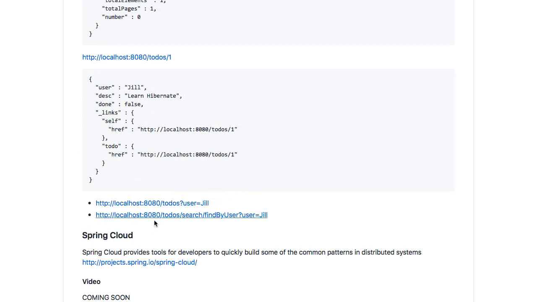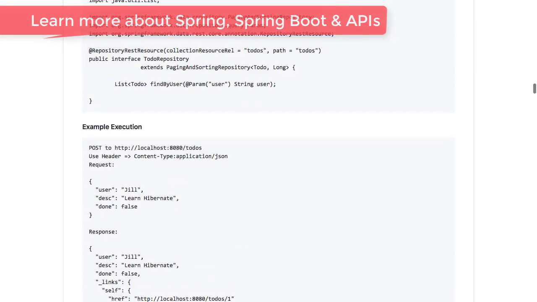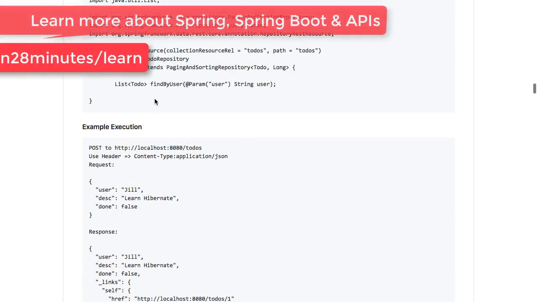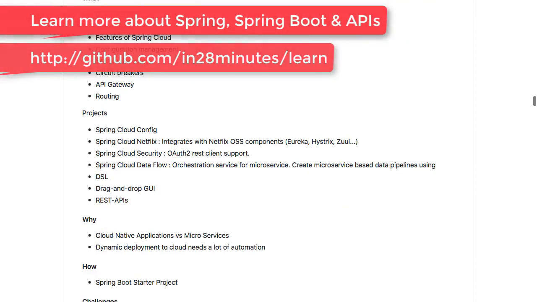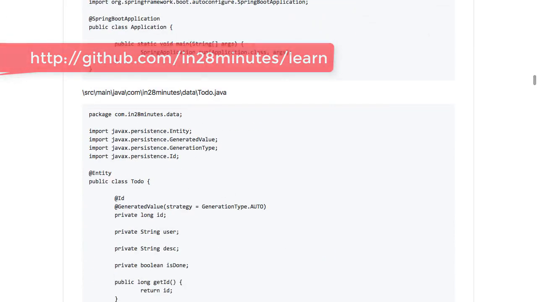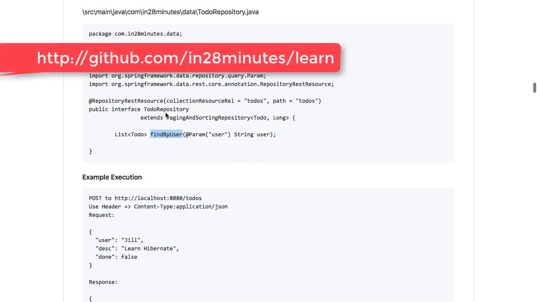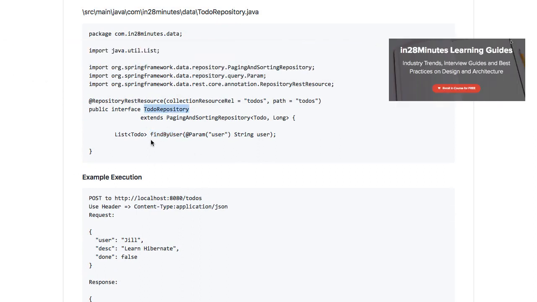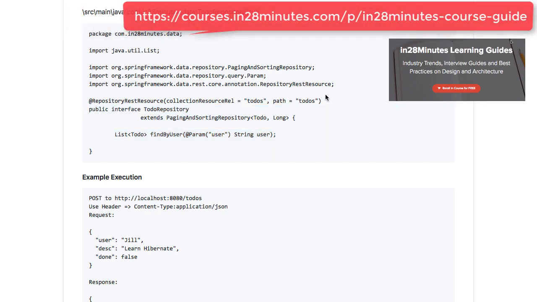You can also do a search, localhost:8080/todos, user equal to Jill. You can also do a search using the method. So here you're seeing search, findByUser, and findByUser is the method that we have defined in here. So we are passing it as the parameter in here. So Spring Data REST, what it does is it provides REST services around your repositories. This is a Spring Data repository, and you can take a Spring Data repository and easily expose a REST